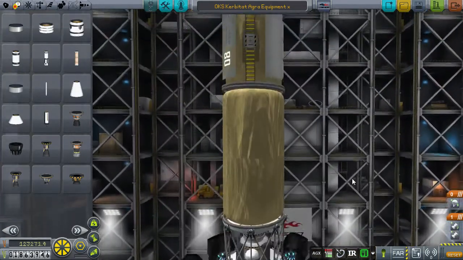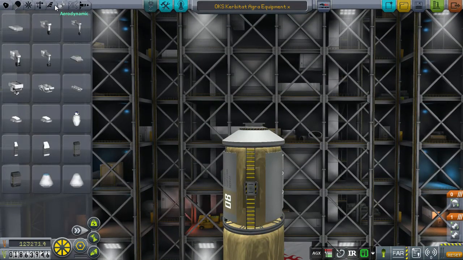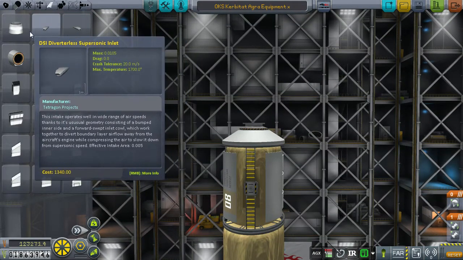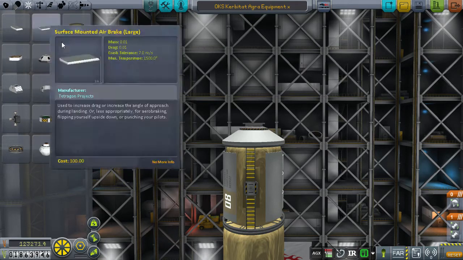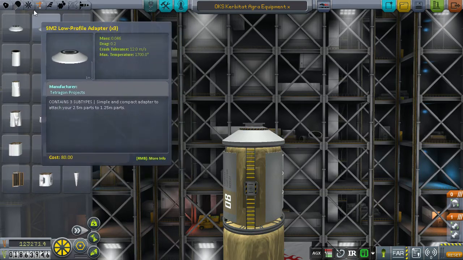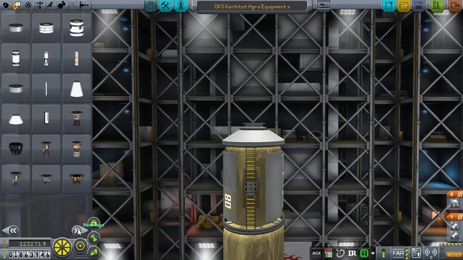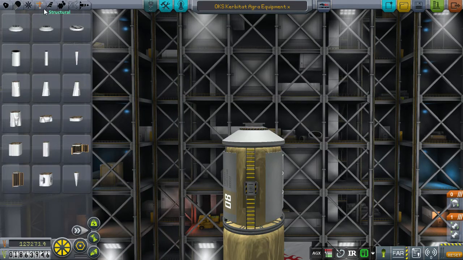Oh, fins. That was the thing I was thinking of. Alright, so the idea with this is I'm gonna stick on a... I could use a docking port, but I'm not. I'm going to use something else. We're going to use a...